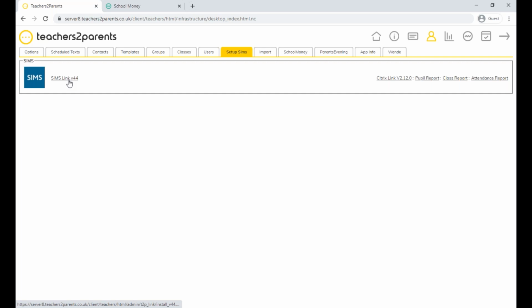If you are a centrally hosted school, then you will also find the T2P v12 link icon on your desktop. And you need to double click it to open it, and it will open up in the bottom right-hand corner of your screen. Once you've done that, you need to log into Sims and then click on Reports and then Run Reports. You open up the Focus folder and then Students, and then you double click on the report, which should be